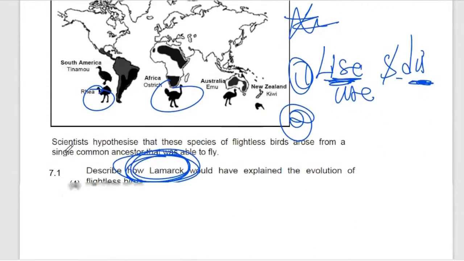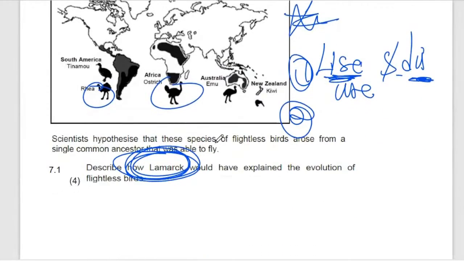So let's look at this. I hypothesize that species of flighted birds arose from a single common ancestor, which was able to fly. It means that he was able to fly, but now they are flightless. It means that they lost that ability of flying. Therefore, was it use or disuse? Definitely it's going to be disuse. Is it clear? So now we're going to say that maybe at the beginning, all birds were able to fly,